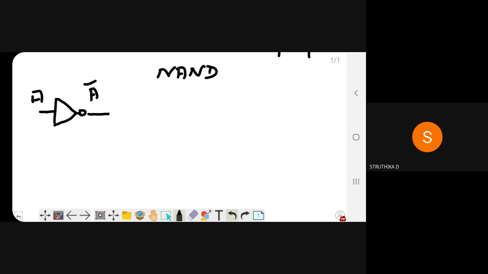So what I'm supposed to do is give the same input in 2 pins. So I can draw the NAND gate like this. Got it? I'm going to give the same input in both the pins. So if I give A here, both the pins will receive the same input A, and you will get the output as A dot A the whole bar.